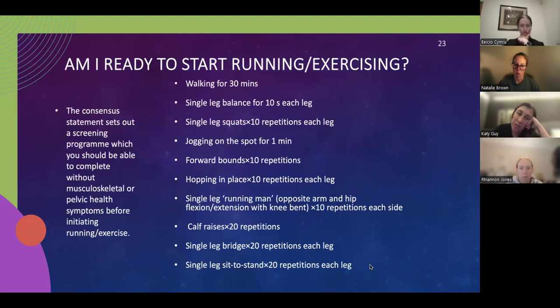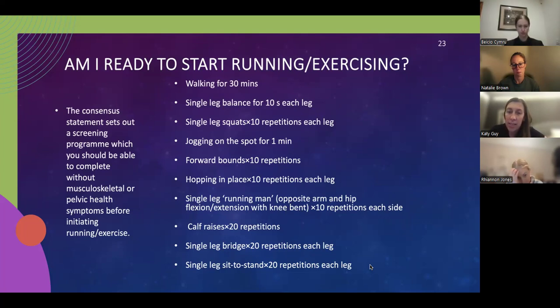There's been a consensus group that have done a lot of work on a screening program, which they use as a sign that you are ready to return to running. And I quite like it because for most exercise, this would be what you should be able to do before you start going for more intense exercise. So it just starts with walking for 30 minutes, then single leg balance for 10 seconds on